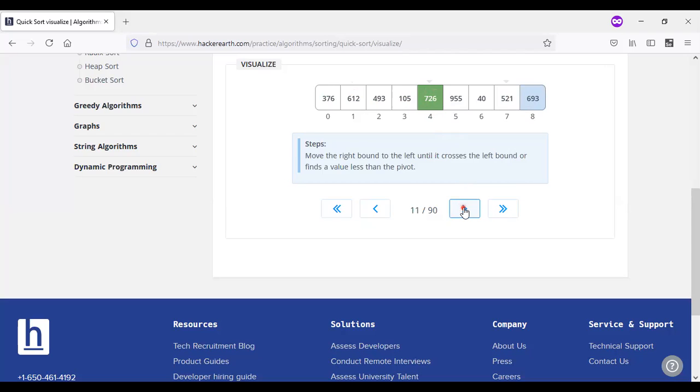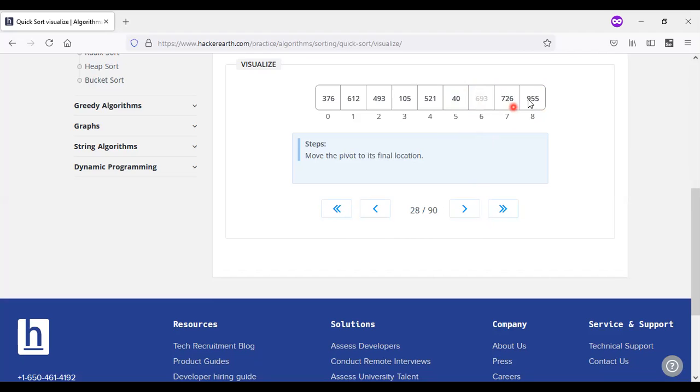Since it has 726 and 955, we need to swap these values and get the left and right sublists. 693 will be swapped with 955, and 693 is fixed at its final position, then 726 and 955.